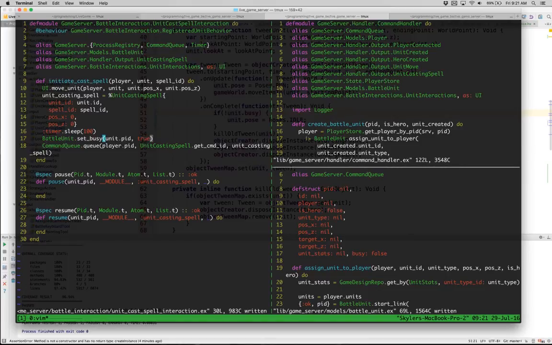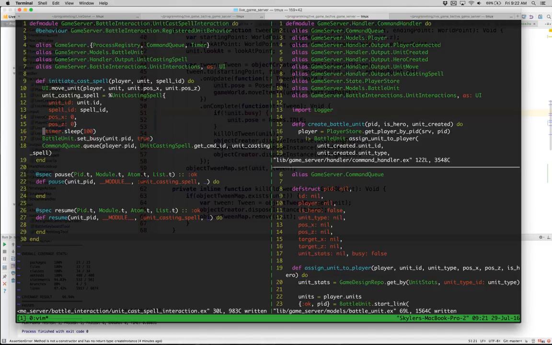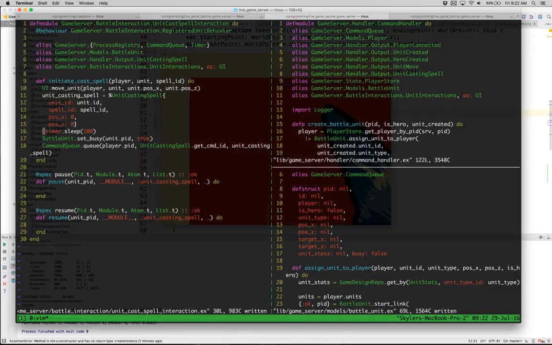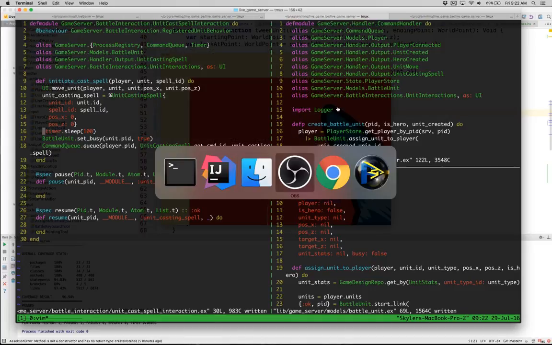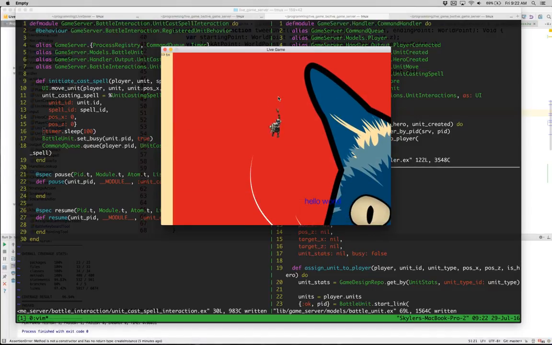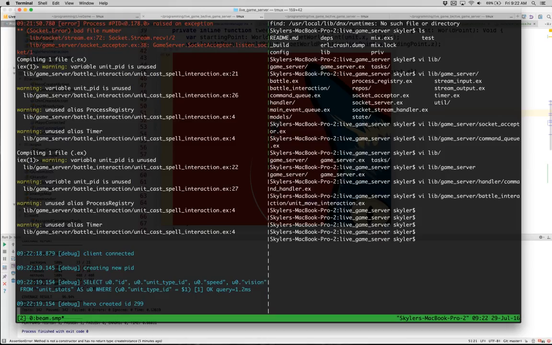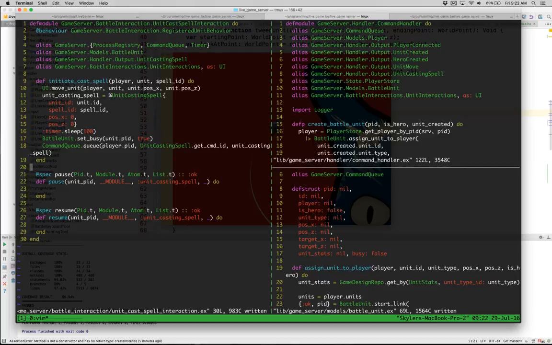Almost done. Let's take that out. No, let me keep that. I think if we have it on the next tick, it won't. There we go. Now it doesn't move. Perfect. Now, we have the unit ID. So now we can do